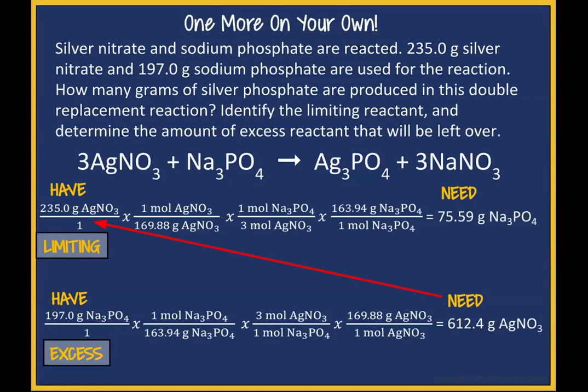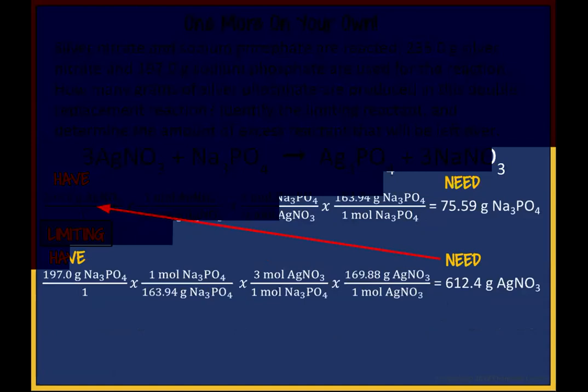Let's compare what we have and what we need. We need 612.4 grams of silver nitrate, and we have 235. That obviously is going to be limiting. We need a lot more than we have. Okay, that's all we need here is the limiting. So the silver nitrate is the limiting, and we're going to use that to find